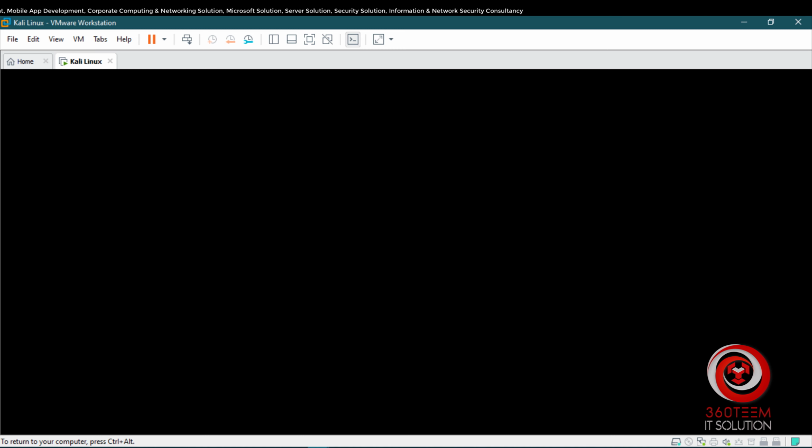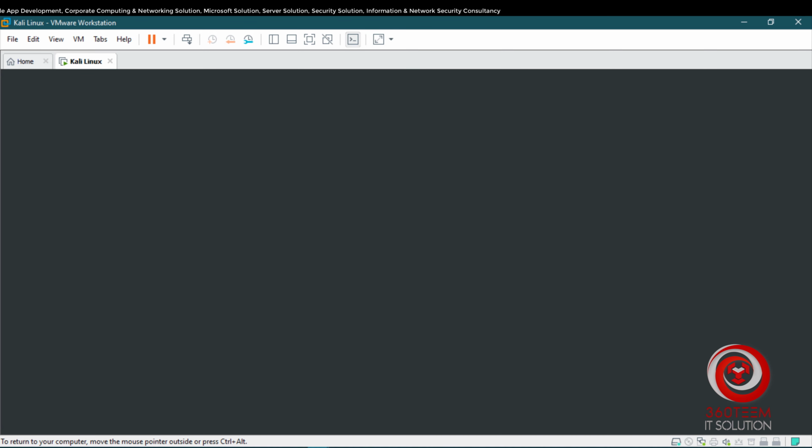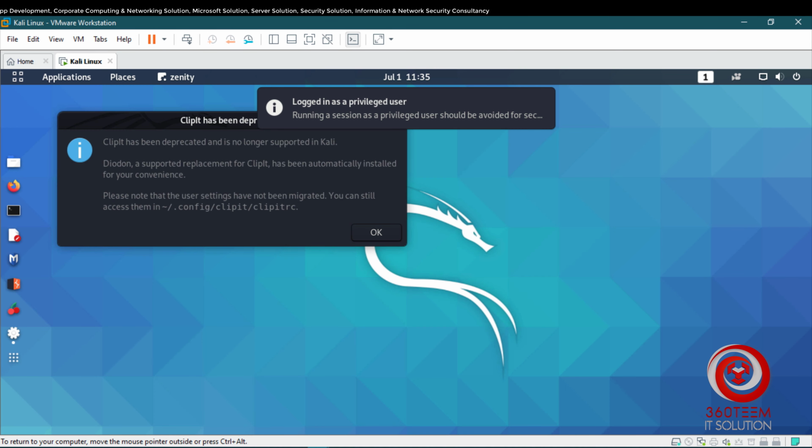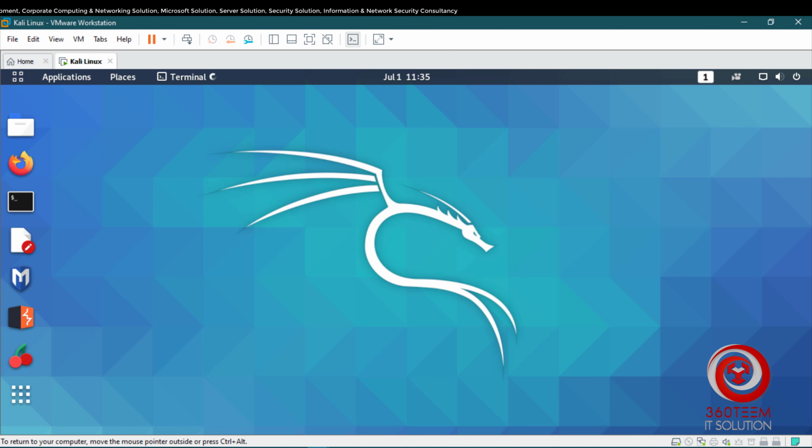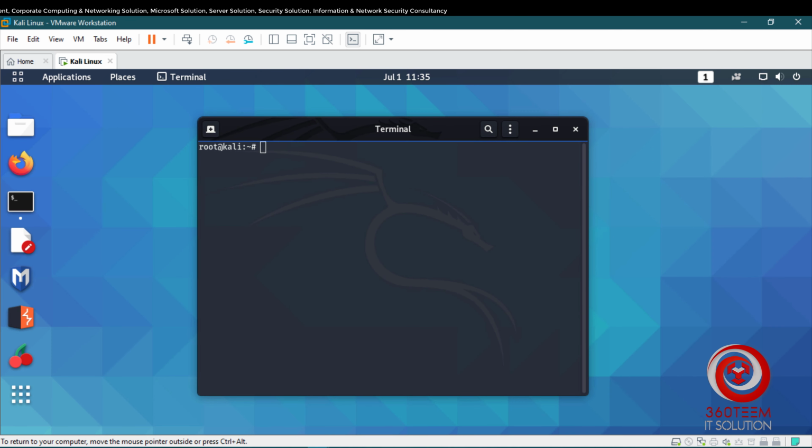It will take some time for the desktop to appear the first time. Well, to check whether I am logged in as the root user or not, I'm running the command whoami, and you can see I am the root user in the Kali 2020.2 version.